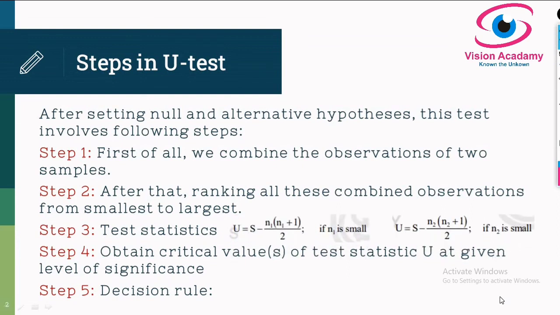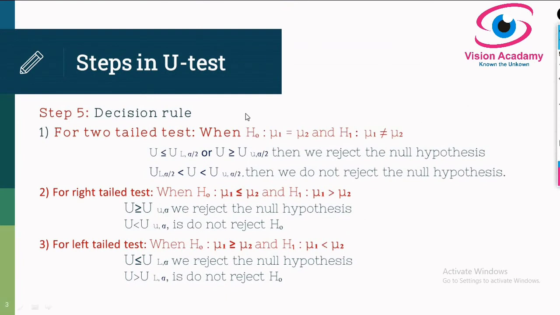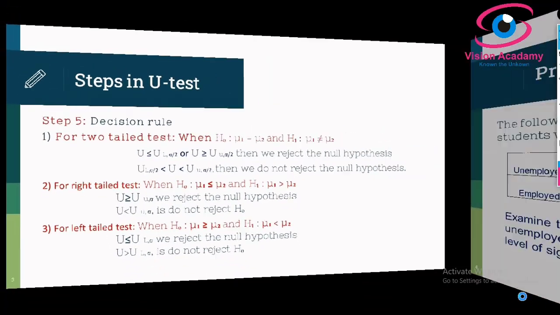After that, this is important. When testing a statistic, if n1 is small, which means sample 1 is small, you follow one formula, and if n2 is small, you follow the other formula. Here I will consider a problem for unequal sample size. How to derive the decision, I have explained very deeply in my introductory video. You can go through that.